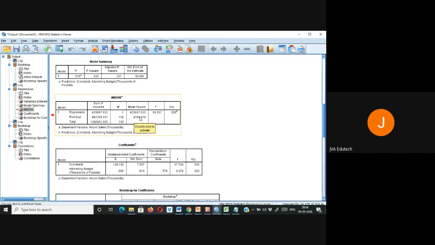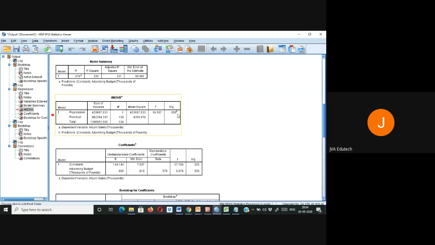I'll discuss in multiple regression why this is relevant. But overall, this ANOVA tells you the individual contribution of variables in the model. In this simple case, there is only one variable in the model, and from this we can infer that this variable is a good predictor. If your significance value is not good, you can say that the predictor you are taking is not a good fit to be used as a predictor.